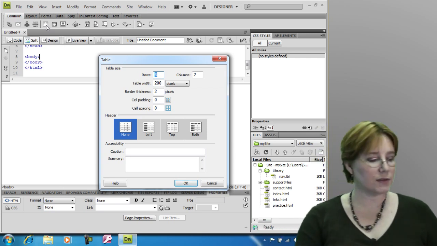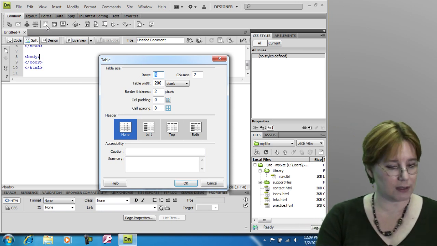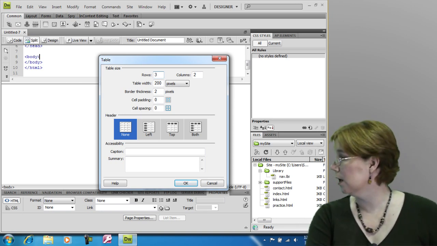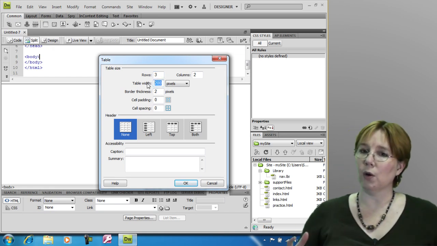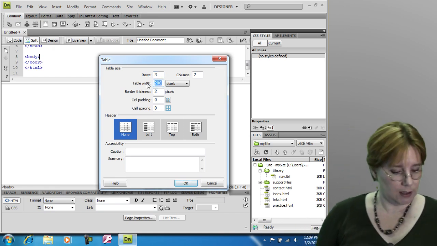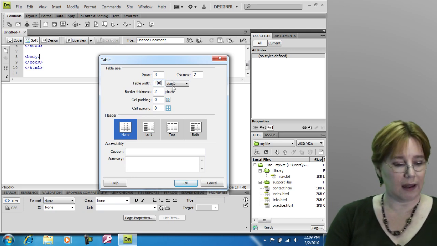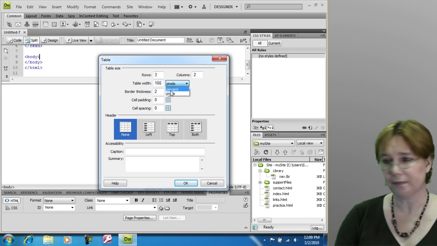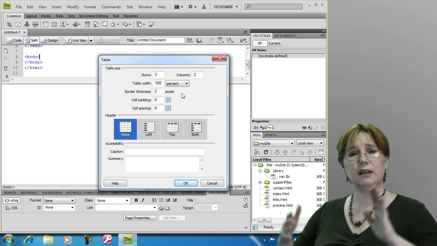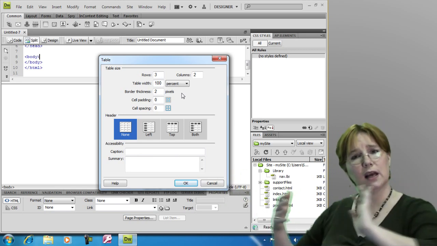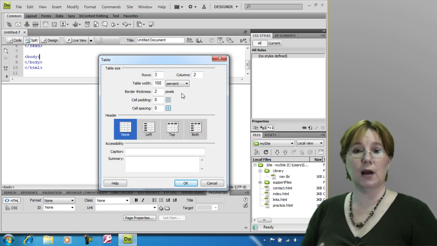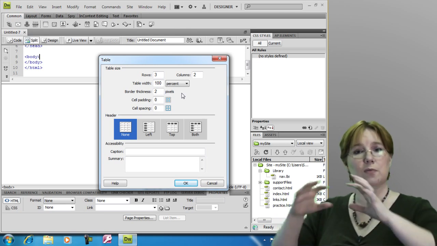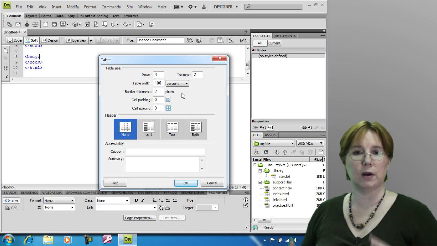I'd like to have a certain number of rows and columns, so I'll say 3 rows and 2 columns. And I'll have the width be filling whatever its parent container is. So I'd have it be 100 percent. Now, that could be just the page itself. So as they resize the page, the table is going to stretch. But it could be inside other items and it'll be 100% of whatever is wrapping around it, whatever might be